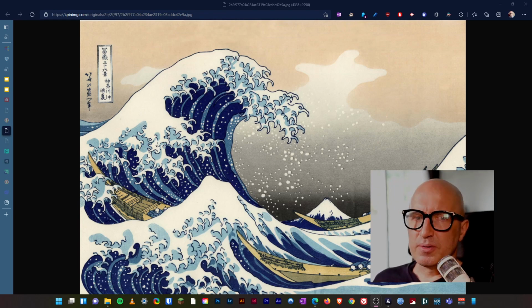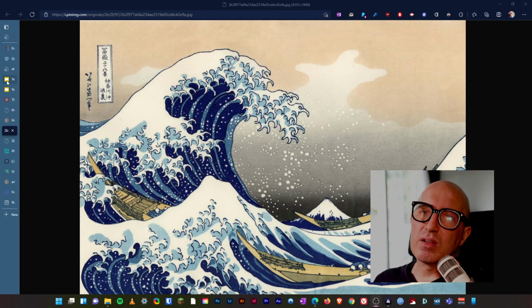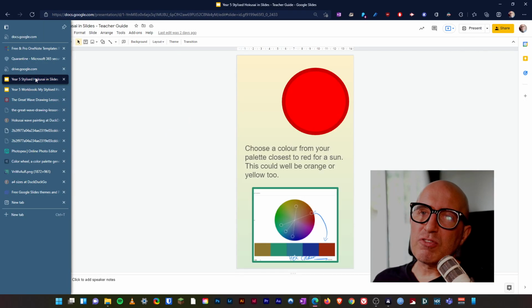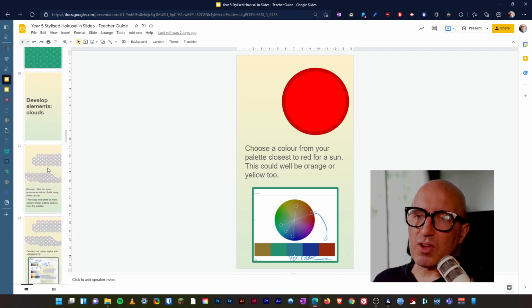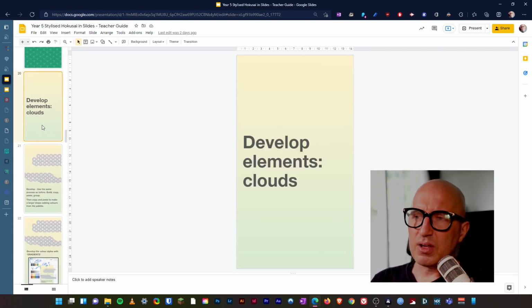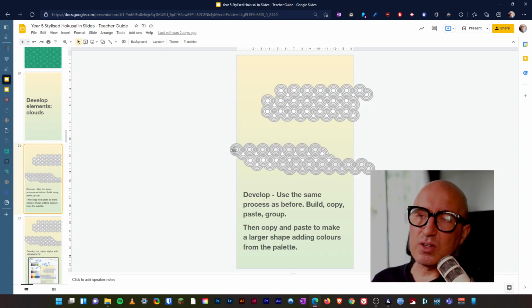That's fine. What we're going to do is start to look at the clouds, and the clouds will need to be as stylized as the picture itself that we're creating. So what we're starting to do now is just develop some elements, and these clouds, you can see that I've used the same process but just put them into a kind of cloud structure, loosely across